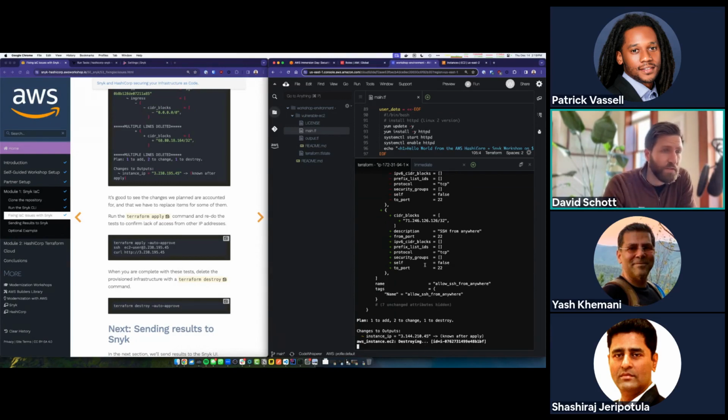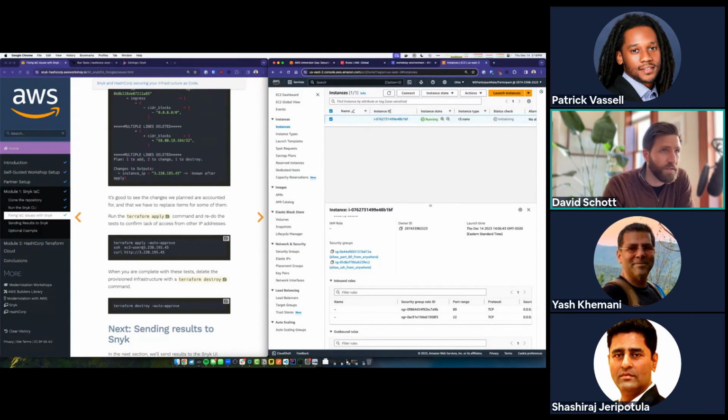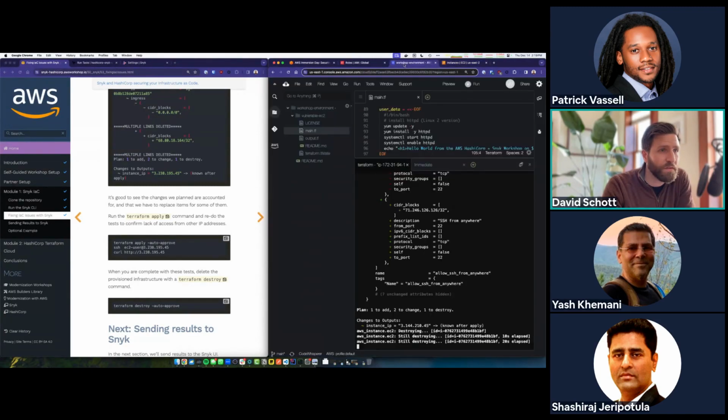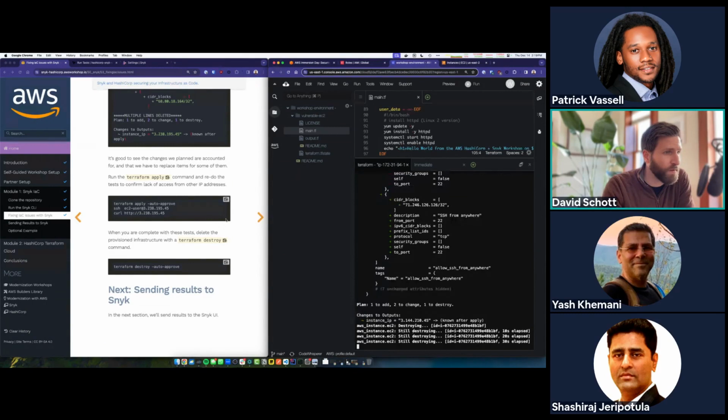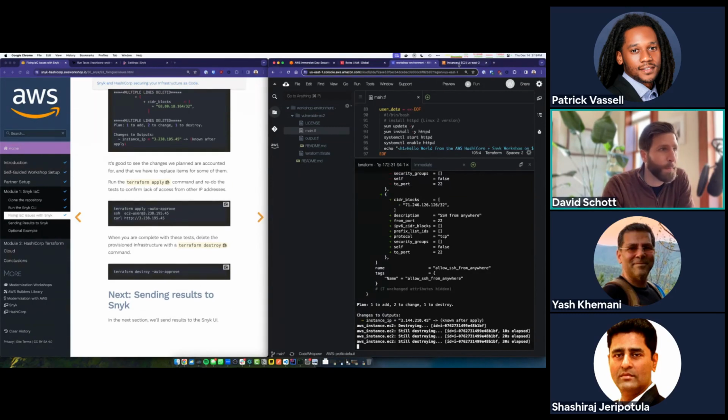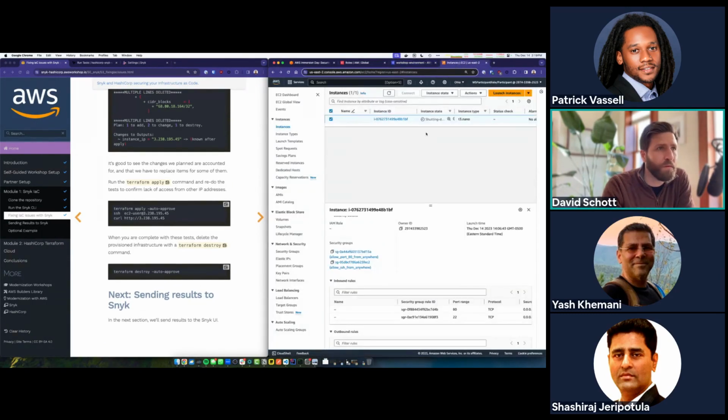Now it says it's destroying, and I actually want to go take a look at that. So we've got an instance that's running right now, and refreshing, we can see that it's being destroyed by Terraform APIs. And a few seconds later, I think we're going to have a new instance to take its place. Let's see.